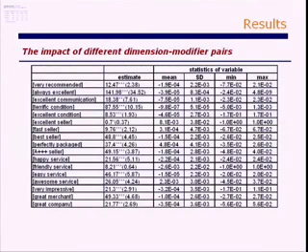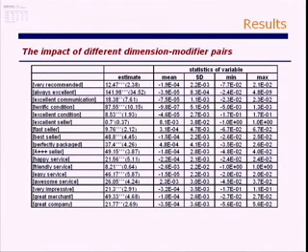I don't have a good way, so I'm committing the cardinal sin of the speaker who puts up a big table of numbers and doesn't have a good way for you to get your heads around them. The signs of these coefficients are meaningful. So a positive coefficient corresponds to having determined that a particular dimension modifier pair has a positive impact on the price that a seller can charge. So excellent communication is good, bestseller is good, friendly service is good, great merchant is good.